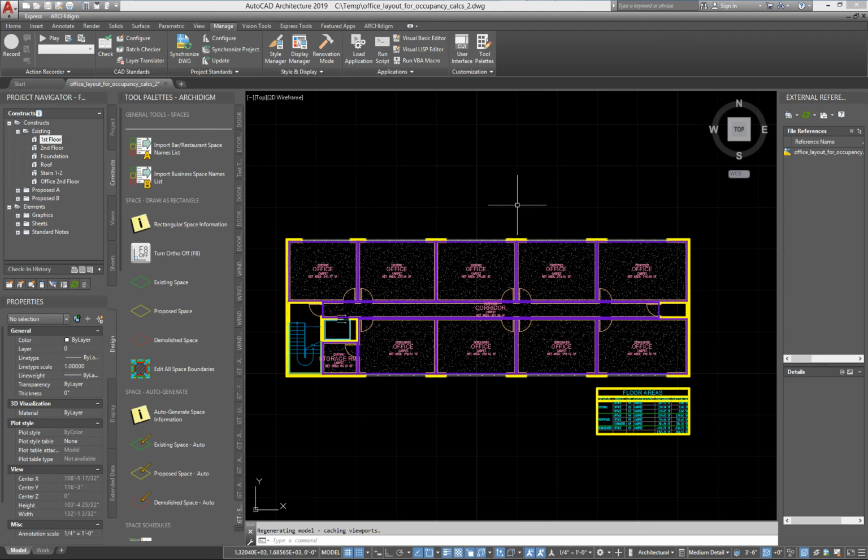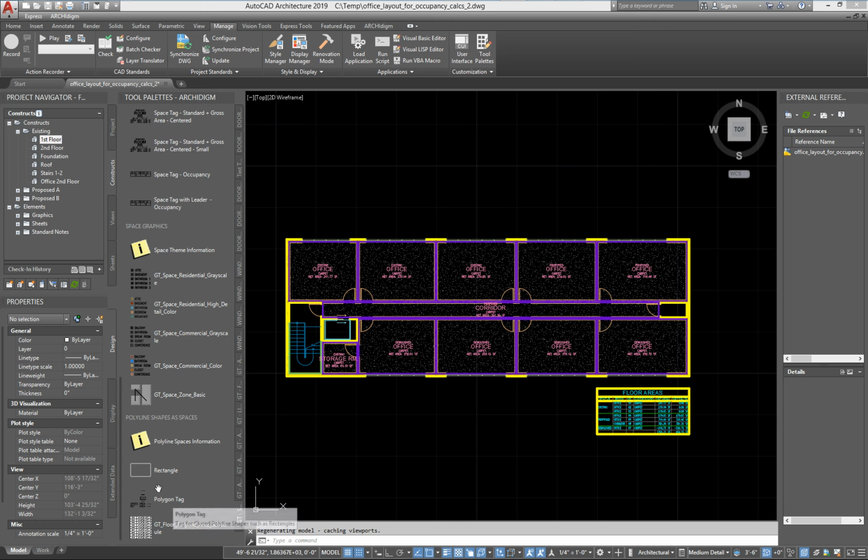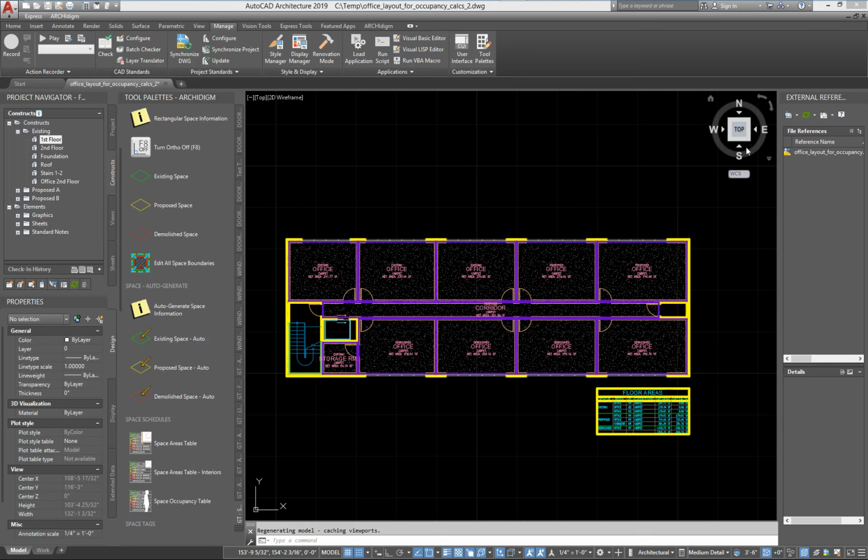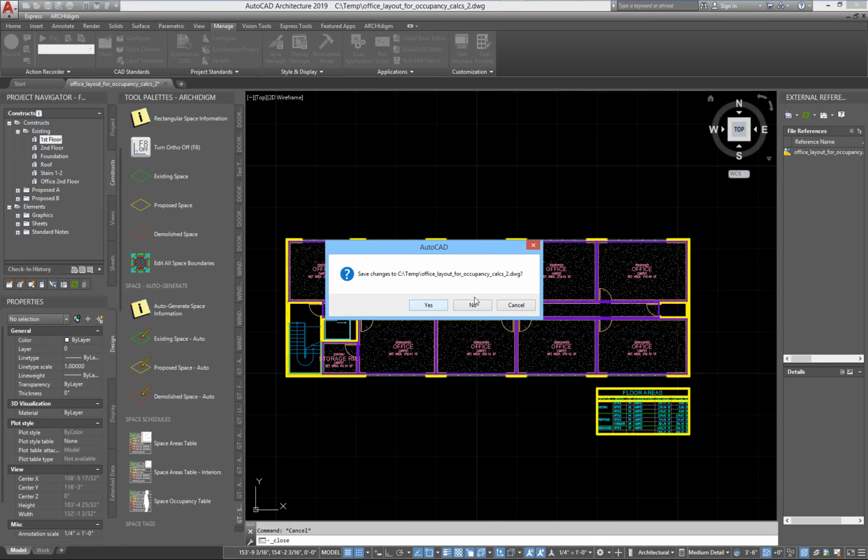We also did rectangles. We just used regular rectangles, which was on this tool palette here down at the bottom. So go look at video number 1 if you're interested in simpler ways of doing areas. Now I'm going to jump into what this tool palette is mostly focused on, and that is using the spaces. So I'll jump out of this file,